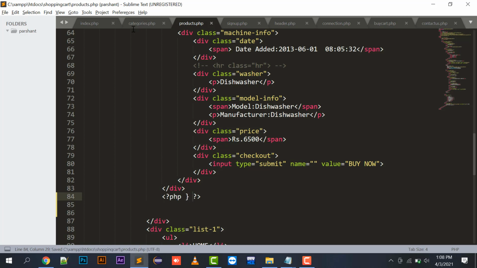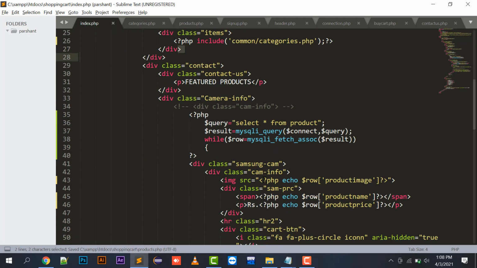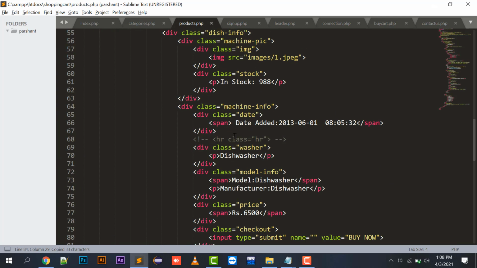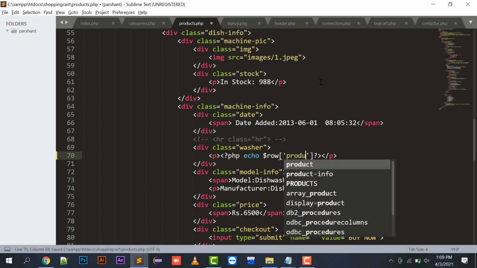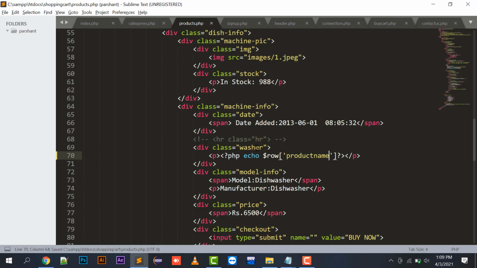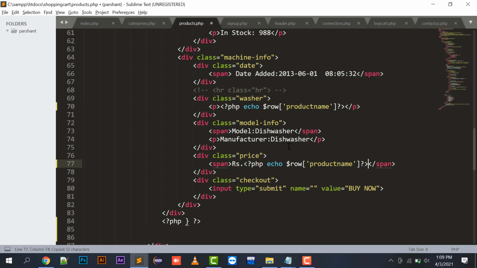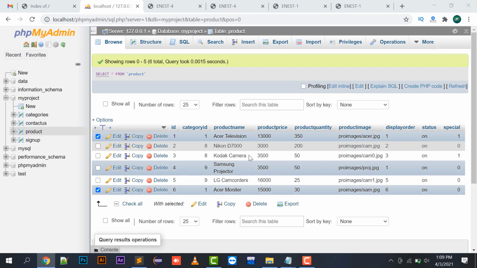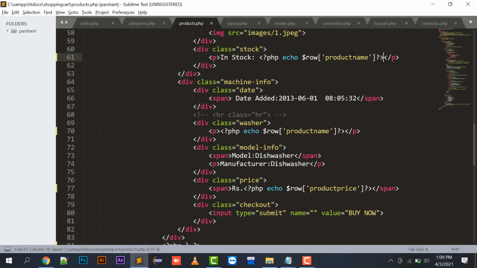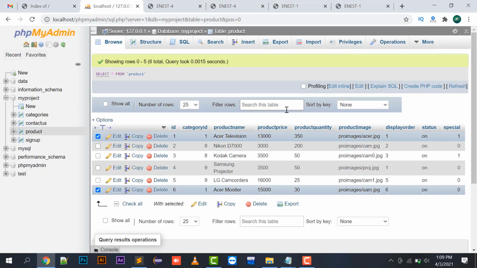And in the index page, I will just pick up one. This is the products page. So dishwasher, it's the product name, then its price, so product price, then product in stock, it's product quantity, right?